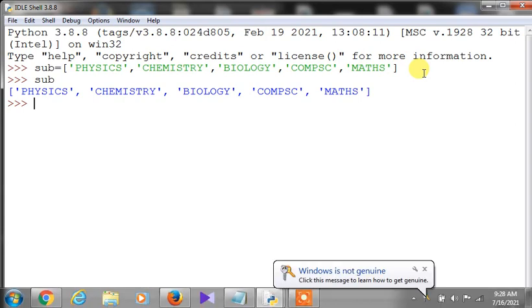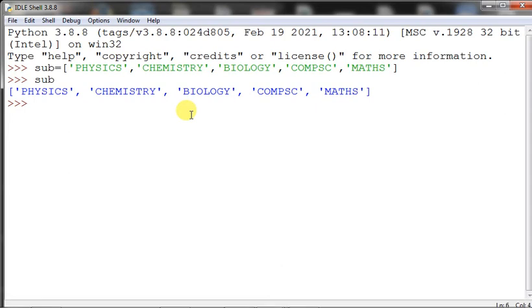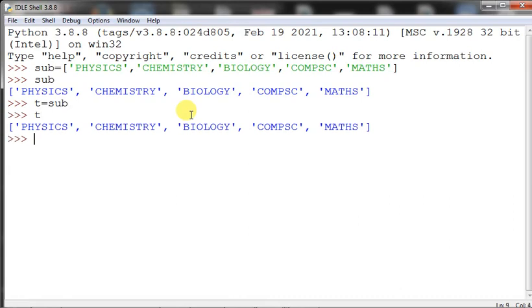So what I am doing now is something called aliasing. Aliasing means just copying this. Say I take t equals sub, like we did yesterday. Then you print t, what will happen? Everything will be there.